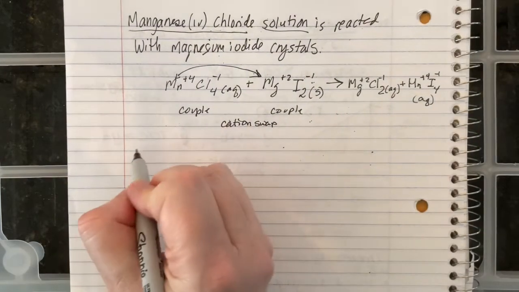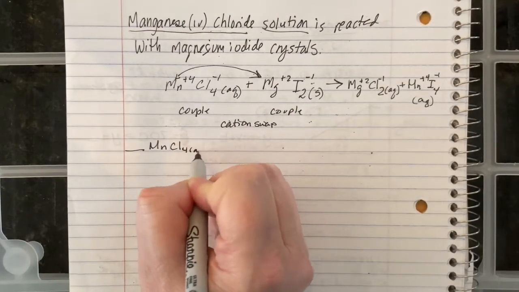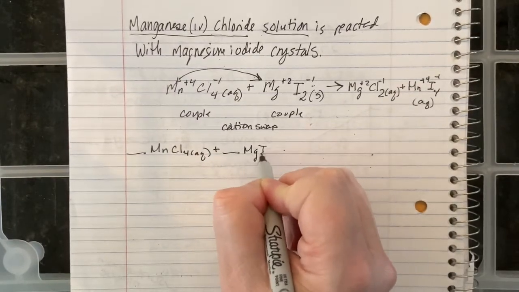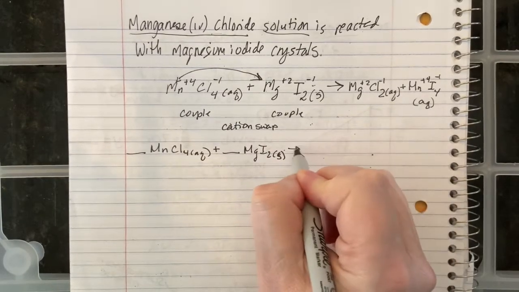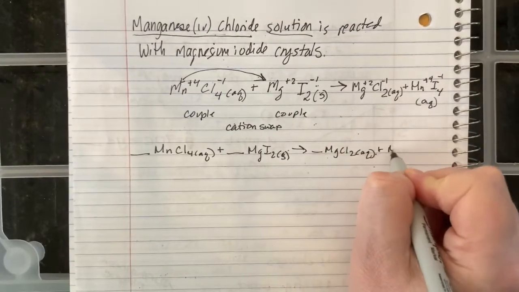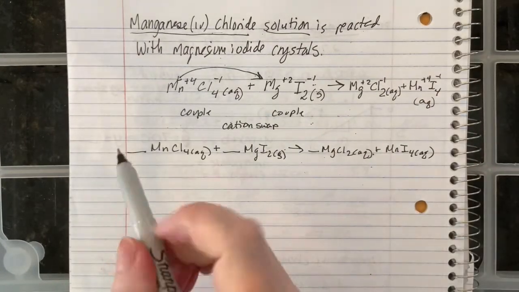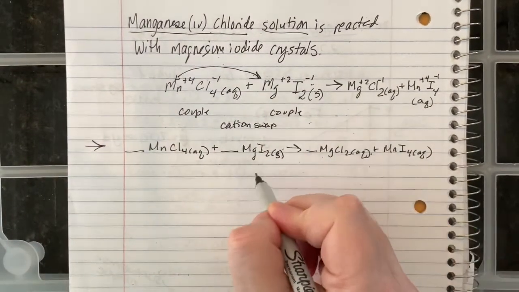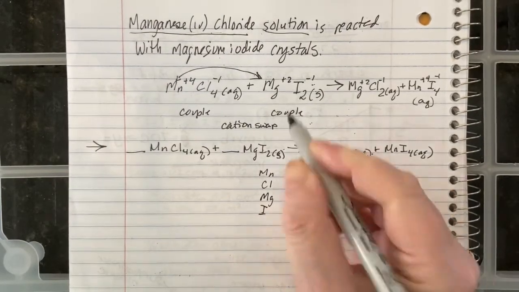Okay. And now I'm going to rewrite the sentence again with my little lines in front for balancing, and I'm not going to include the charges because that's only there for us to construct our words. Once they're constructed, we don't need to show any of that. So always make sure you do that step because this is what you would be boxing for your answer at the end. Okay, I don't see any diatomics, so I'm just going to have manganese, chlorine, magnesium, and iodine as